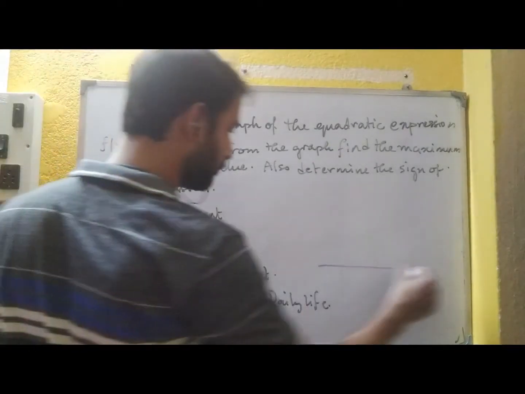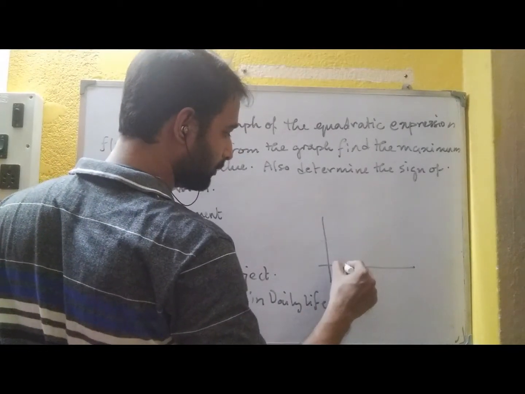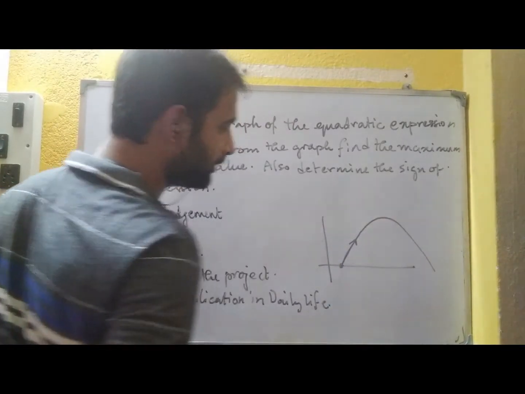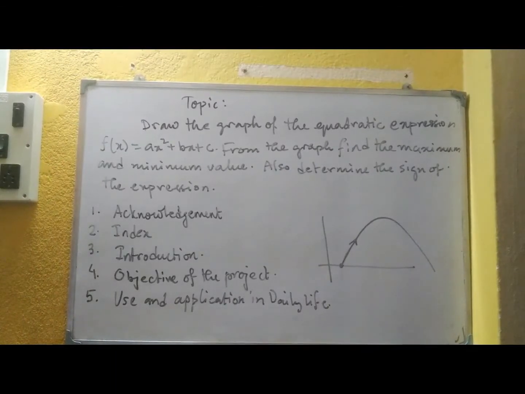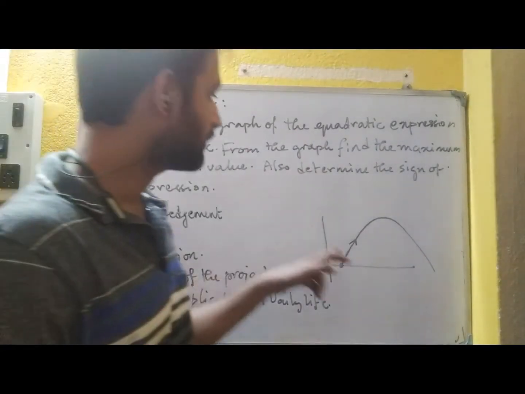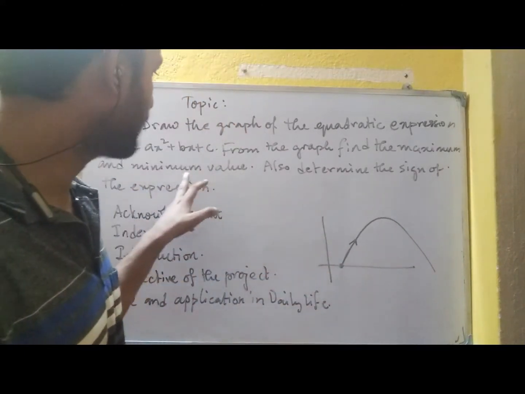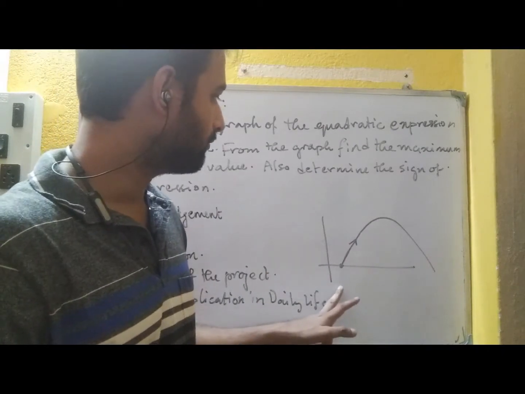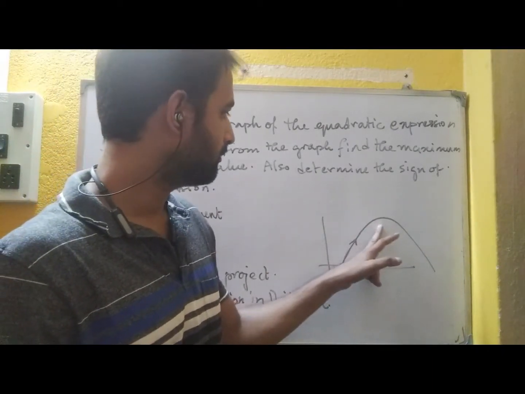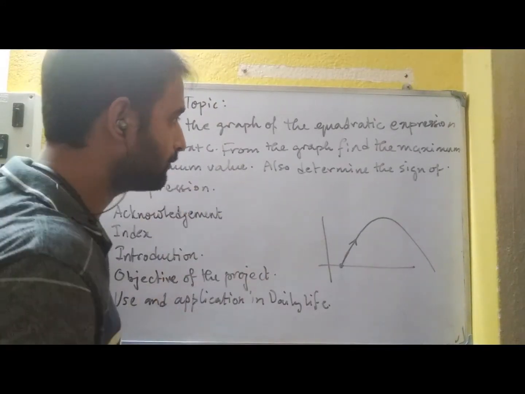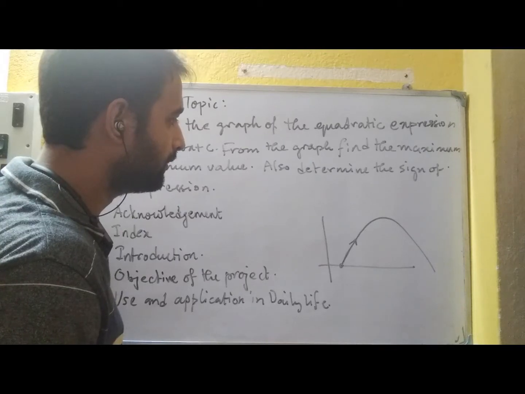If it starts from some point on the ground, and you throw it with an acceleration, you will see that the path of the projectile will be a parabolic path, and you can find it as a quadratic equation. So from that you can find the graph. By this project you can find the graph, and also the maximum value, that is the highest point when it is projected, and the greatest height the particle can achieve under this force, and all these things you can find.